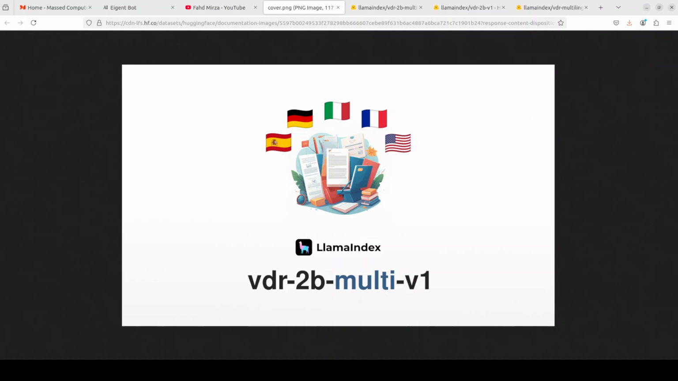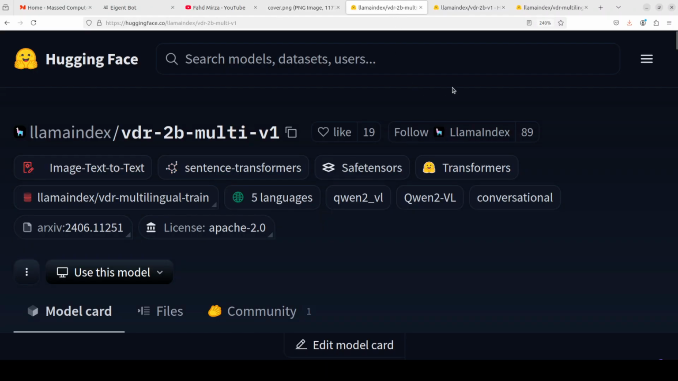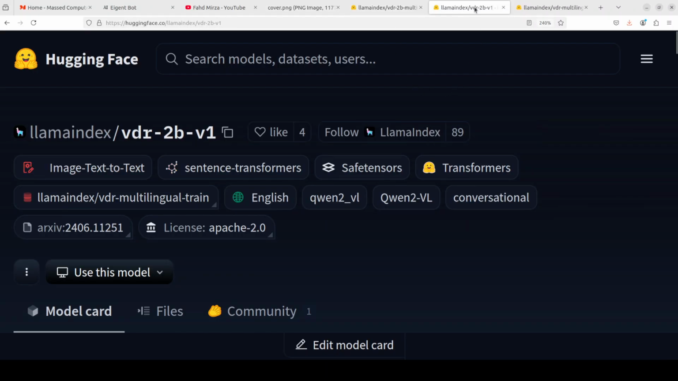LlamaIndex today made my day. They made my day by releasing their first ever model, which is focused on multilingual visual document retrieval. The model looks really cool. It comes in multilingual flavor plus an English flavor. In this video, we are going to install it locally and then we will play around with it from different